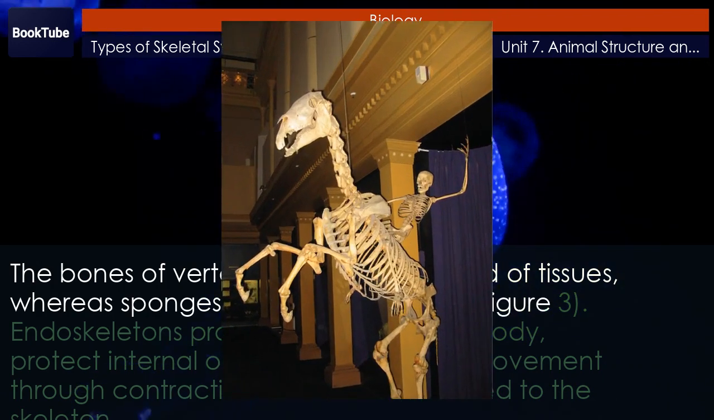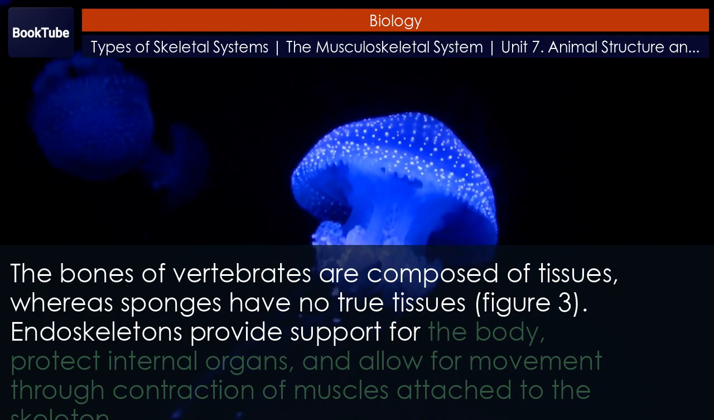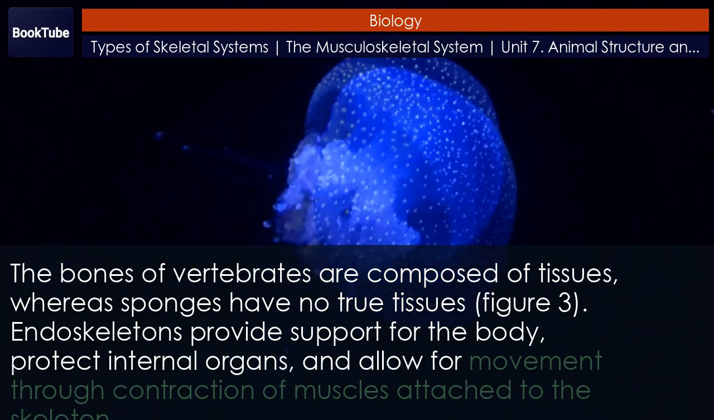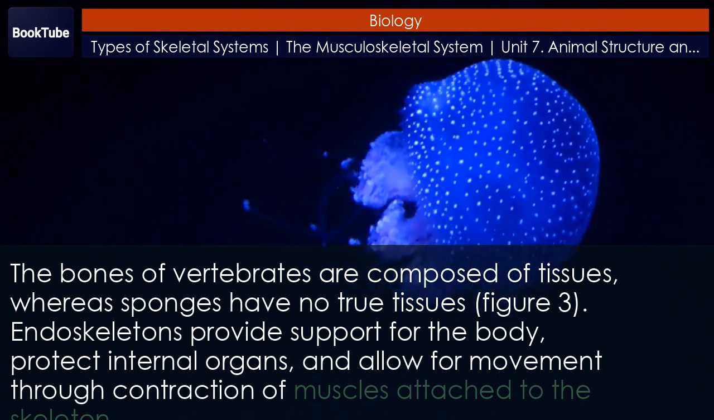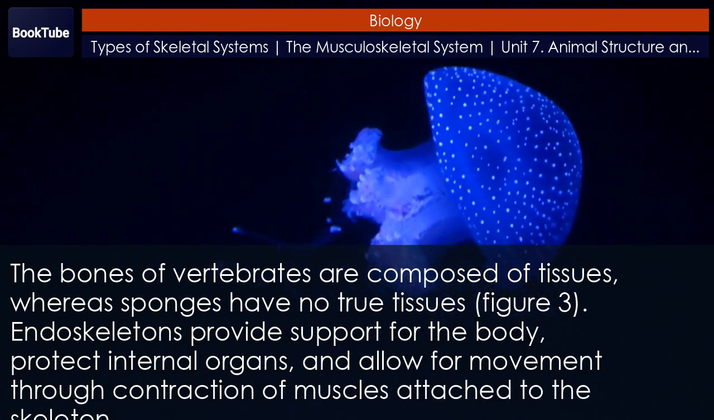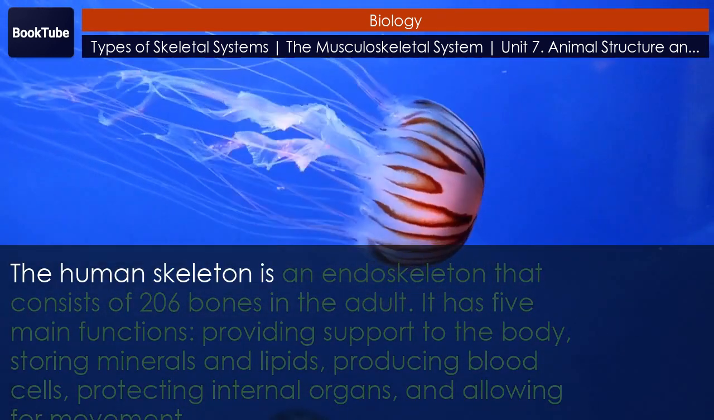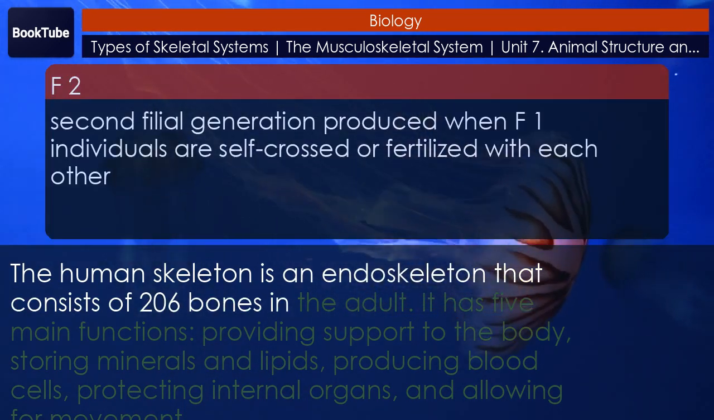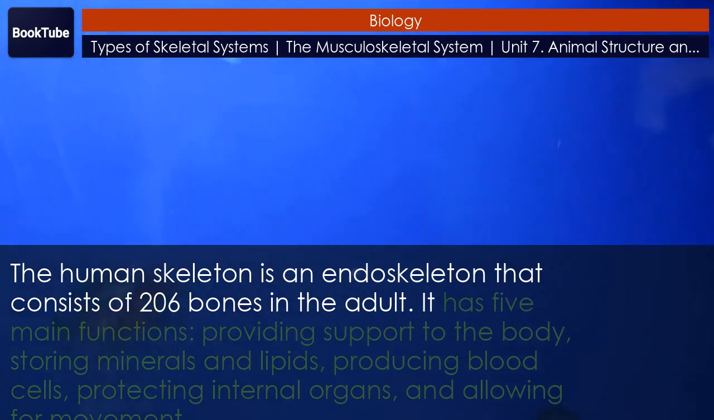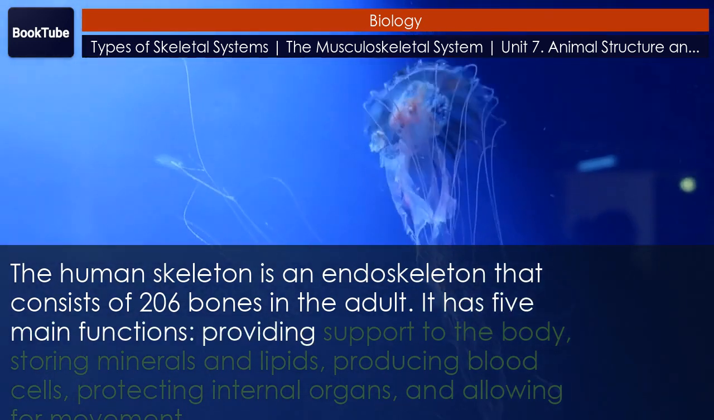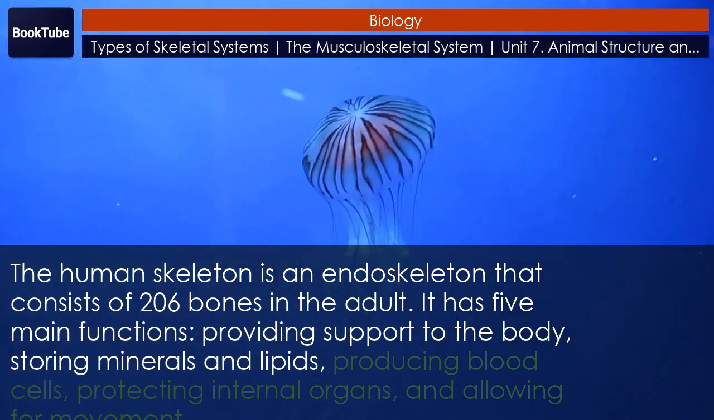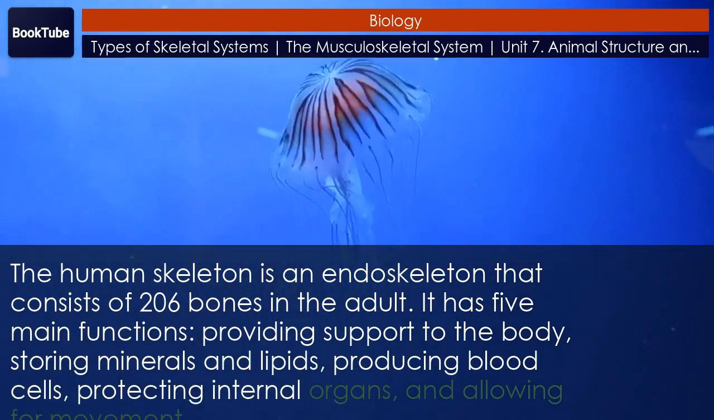Figure 3. Endoskeletons provide support for the body, protect internal organs, and allow for movement through contraction of muscles attached to the skeleton. The human skeleton is an endoskeleton that consists of 206 bones in the adult. It has 5 main functions: providing support to the body, storing minerals and lipids, producing blood cells, protecting internal organs,